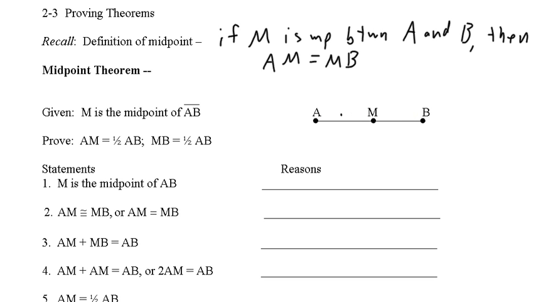meaning if we look at the picture here, M is the midpoint in segment AB, that AM is the same length as MB, so a midpoint's in the exact middle. Now we're going to use that to prove the midpoint theorem, which actually has the same start. It says if M is the midpoint between A and B,